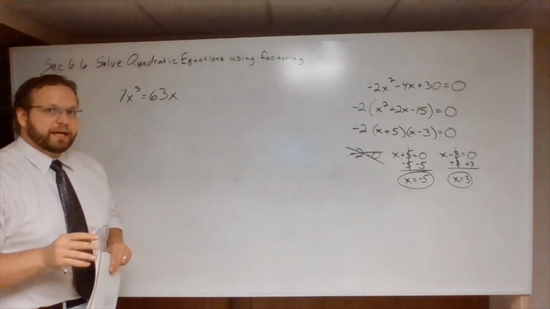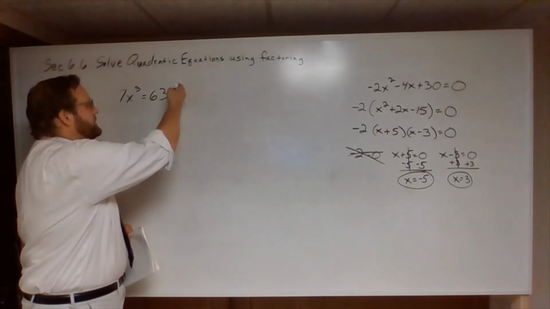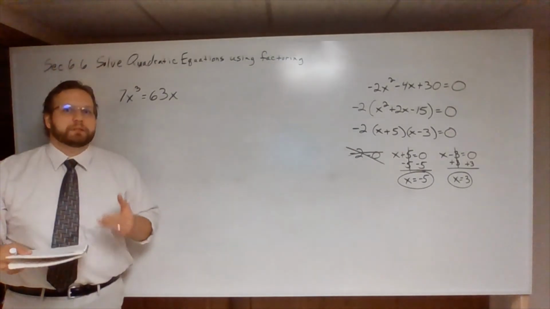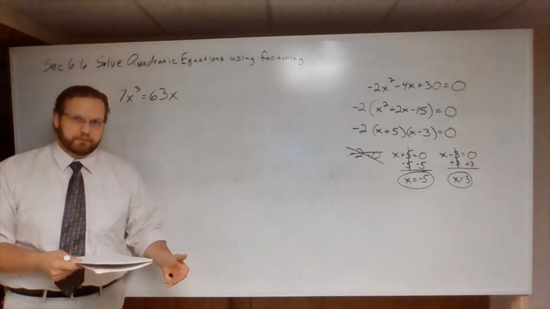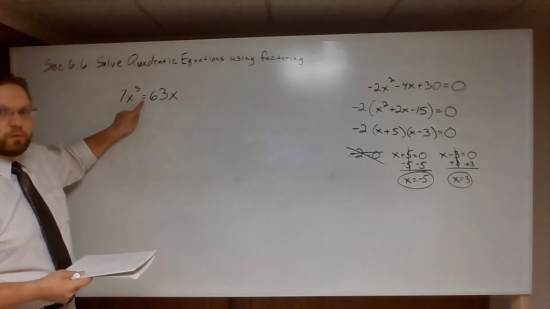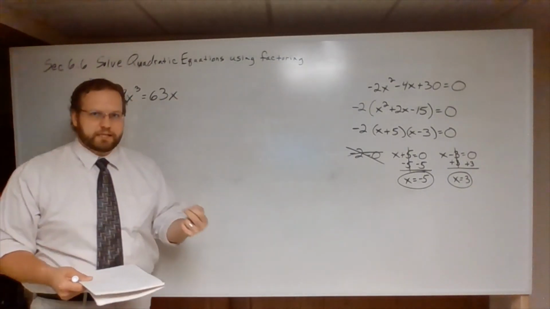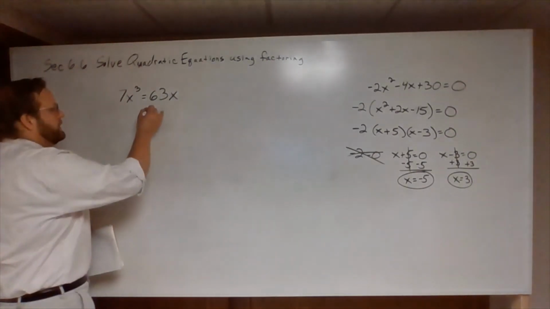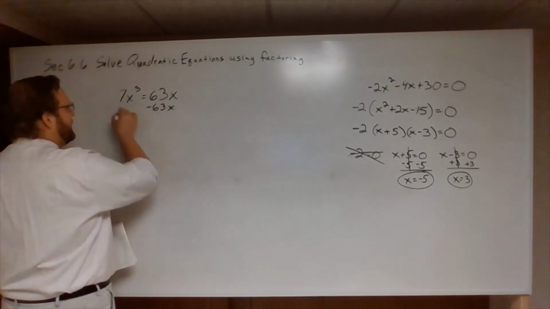The problem with that is you're going to be eliminating one of the x's when you do that. Please do not do that, okay? If you see an exponent here and you have an equation, get a 0 on one side. Just don't even think about it, get a 0 on one side. So I'm going to subtract 63x